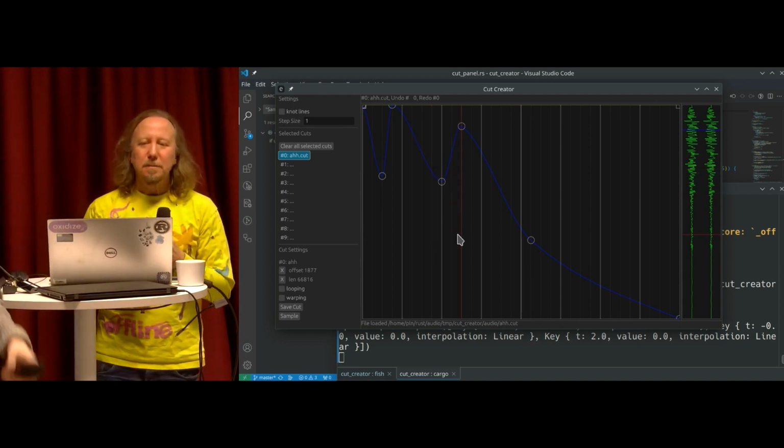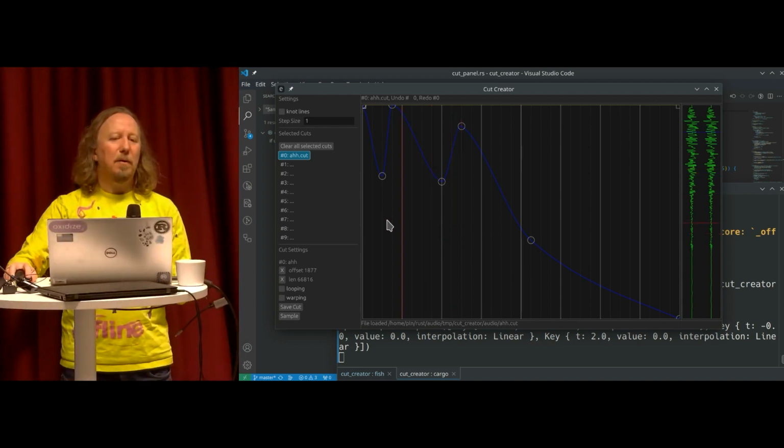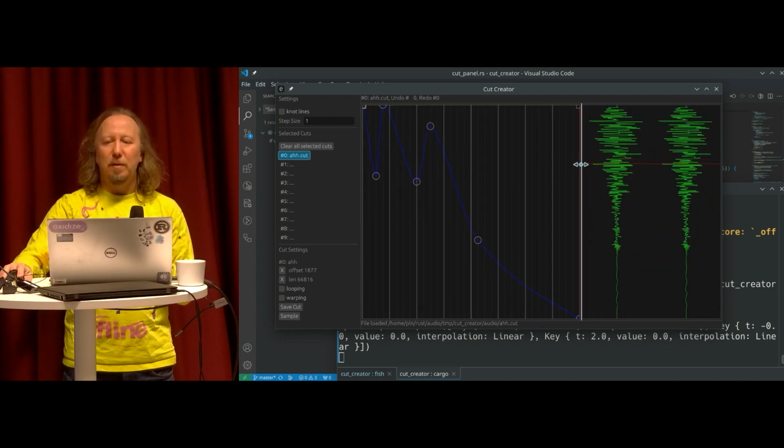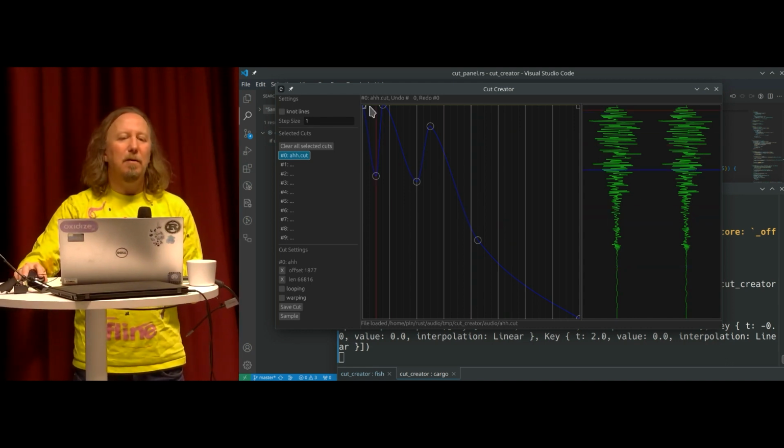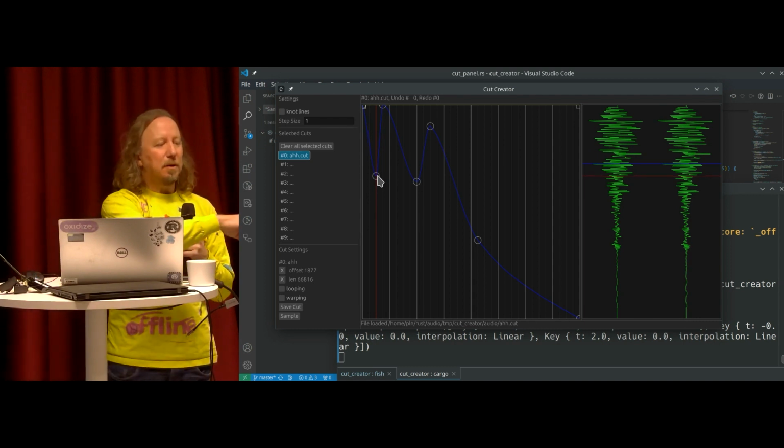Okay. So what do we have here? Well, we have the sample to the right. We can enlarge that if we want. So this is just a sample. It sounds like something like that. And here we have the scratch positions. So that would correspond to this